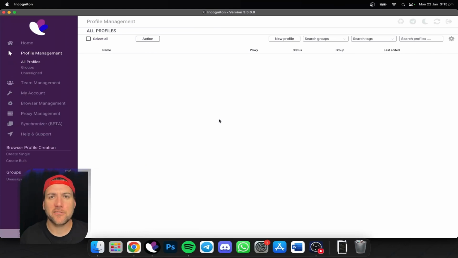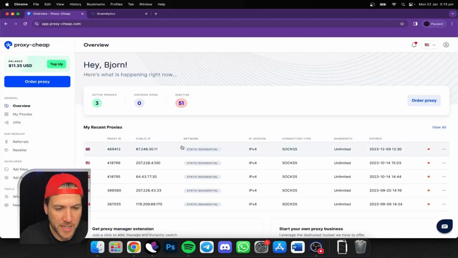Hey, let's see if we can't set you up an Incogniton browser profile with a new proxy. All right, so before we go setting up the profile, we're going to purchase a new proxy. Now there are a lot of websites we can get proxies from. I have listed them on Discord, on my forum, but for this example, we're going to use Old Faithful Proxy